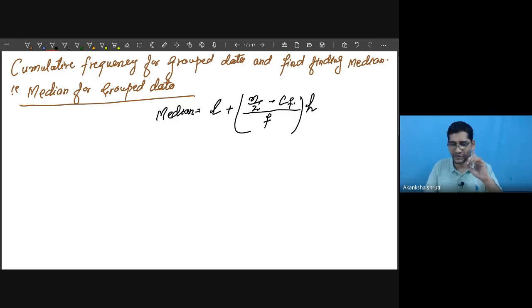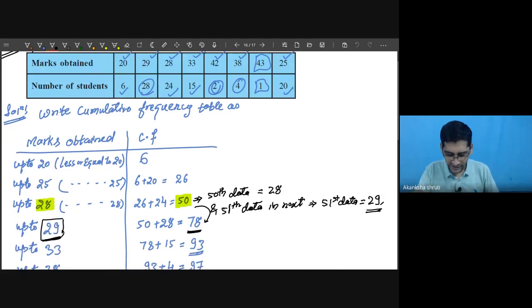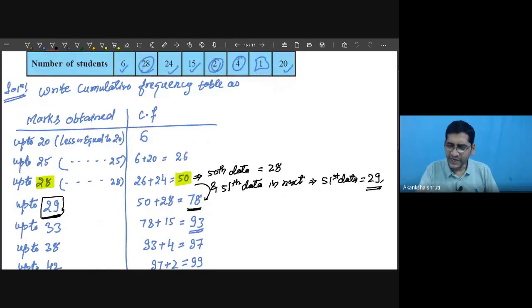This is the formula that we are going to apply. Okay, so let me take one example, and with that I will explain. So student, very first we need to write the cumulative frequency, or make the cumulative frequency table. So draw it